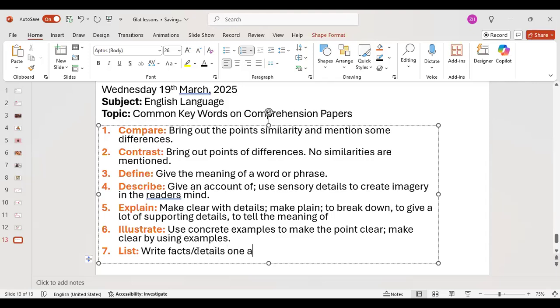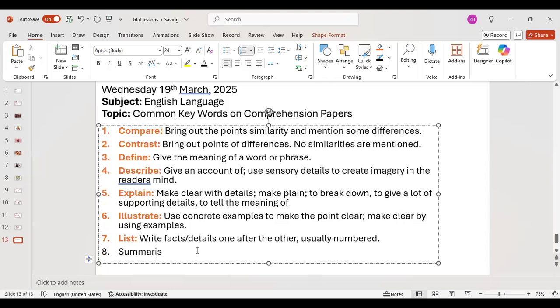One after the other. Yes. Usually what? Usually you want to number them. Usually numbered. Okay, that's what list means. And then